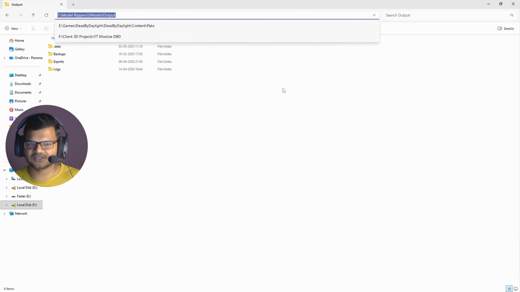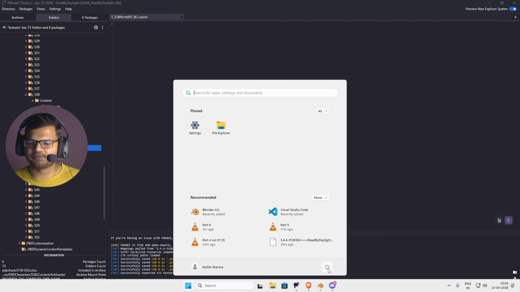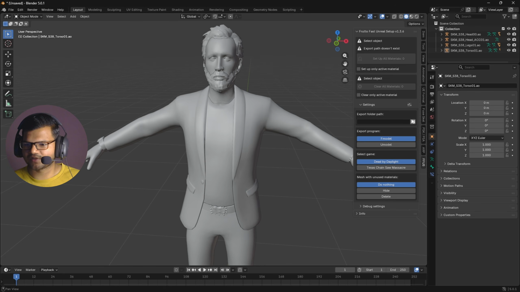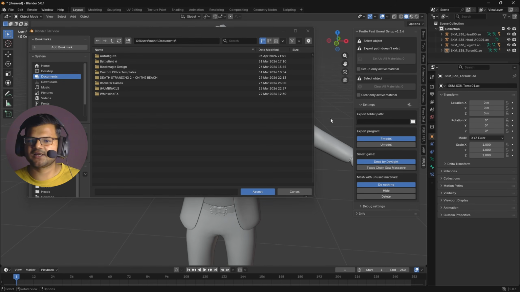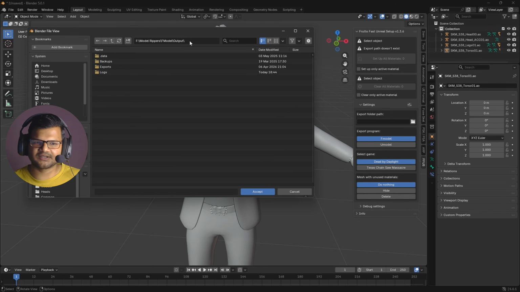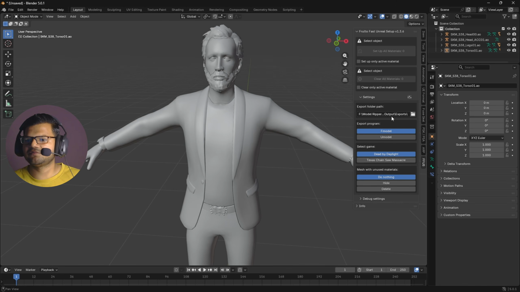Just copy this location and close this place and go to the Blender and here you need to click on this folder icon and paste the location here. Here you need to choose the export folder, or you can double click on it and then press export button. Okay, so you can see we have justified the export location, and here we need to click select export program